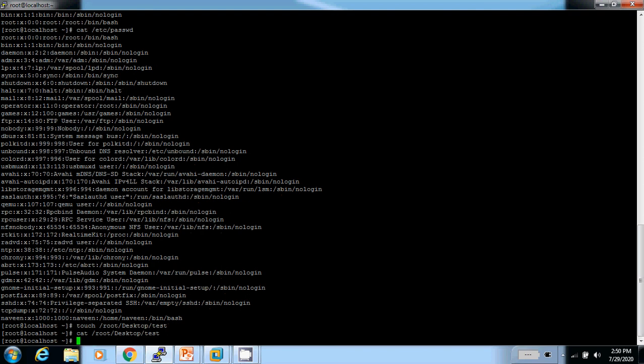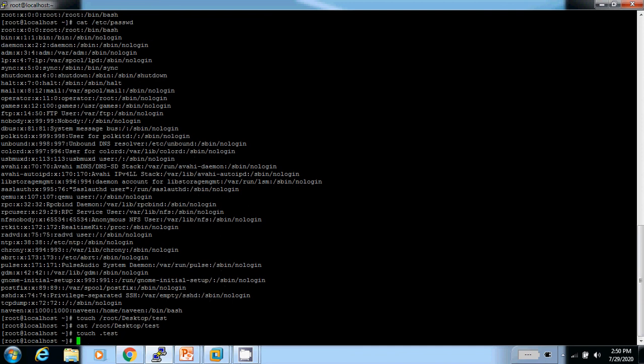Through the touch command we can create hidden files. With the help of a dot we can create a hidden file: touch .test. With the touch command and a leading dot, we can create hidden files.